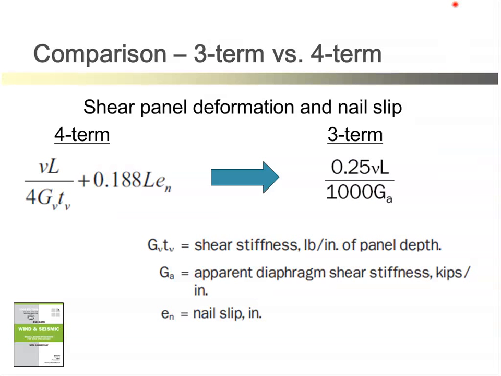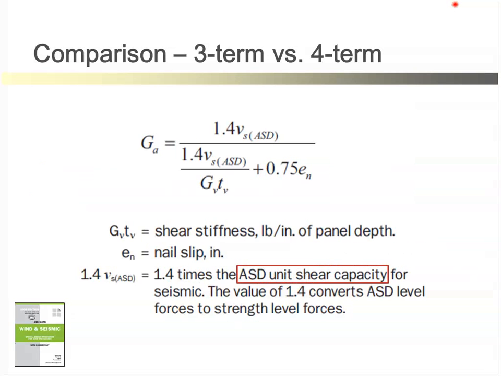In the left-hand four-term equation, the G sub V, T sub V represents the shear stiffness. G sub A is the apparent diaphragm shear stiffness, and E sub N is the nail slip. We get that simplification,